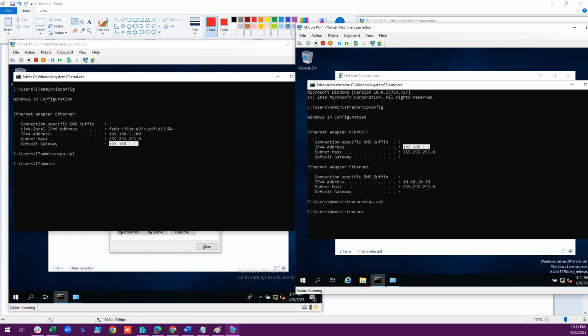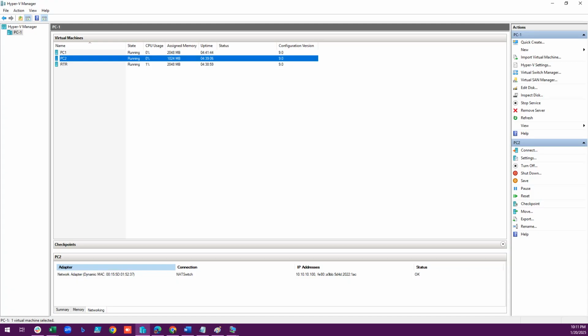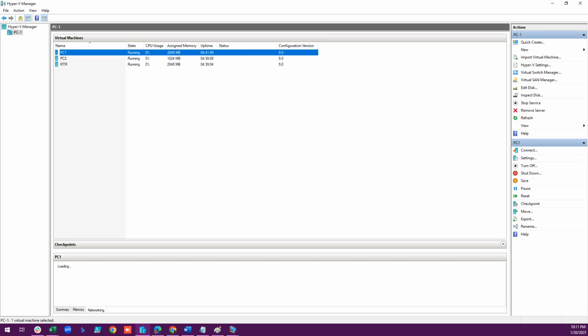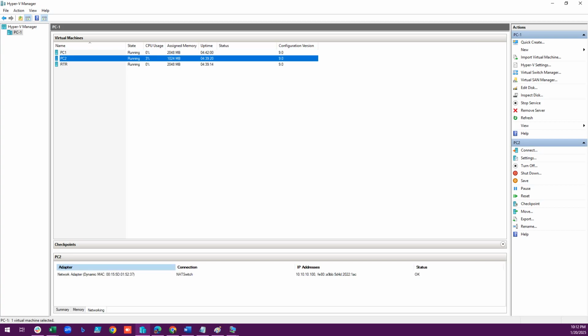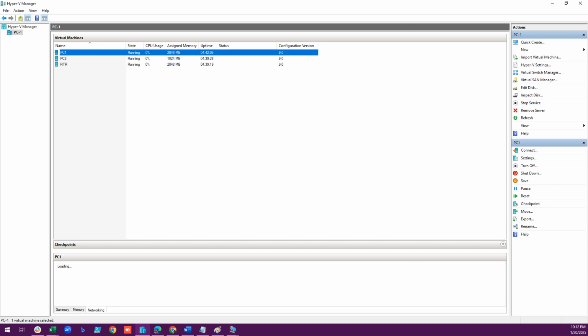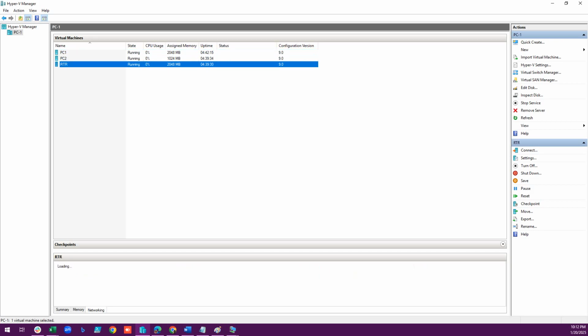So let me show you here. If you are looking into PC1, you can see I have connected using two different switches. One is called RTR port and the other one is called NAT switch. Under NAT switch, I have this IP address range, and similarly under RTR port switch, I have this one. And if you are looking into the router computer, we have both